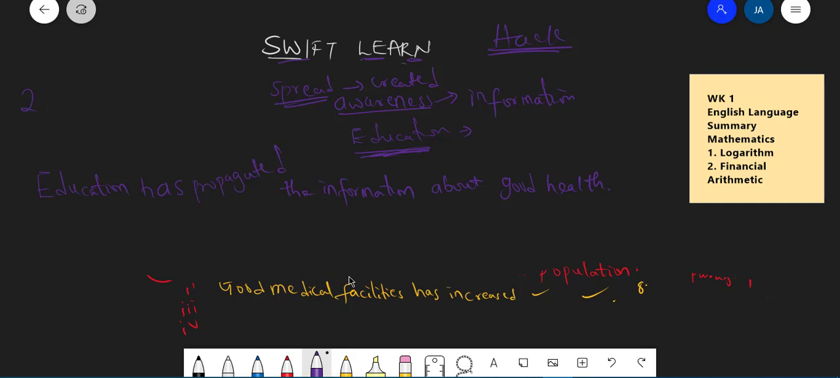Okay. Without education, the importance of good health would not be made known. Okay, that's not bad actually. Let me rephrase in my mind. Without education, the importance of goodness will not be made known. Yes, but okay,